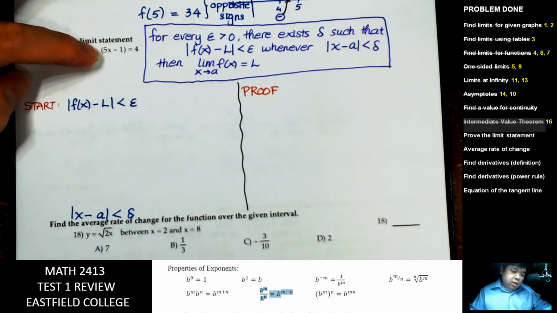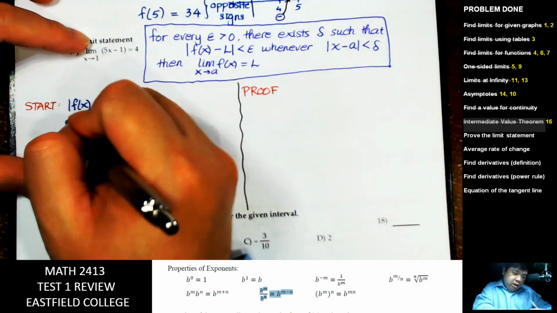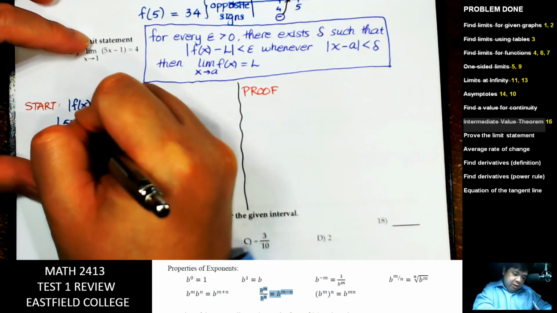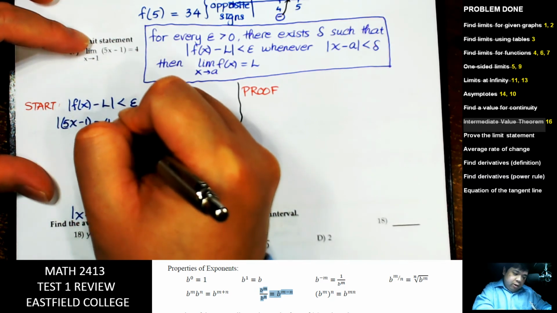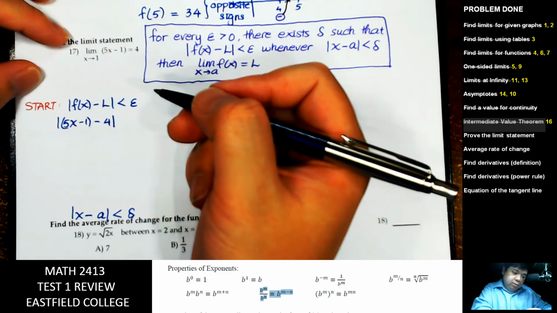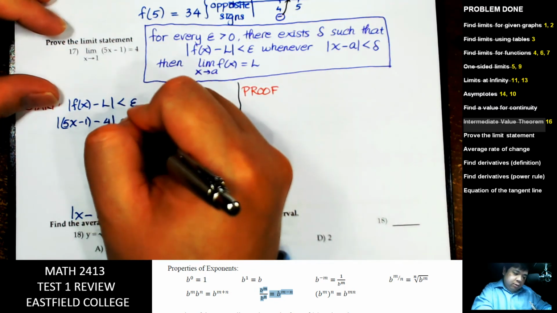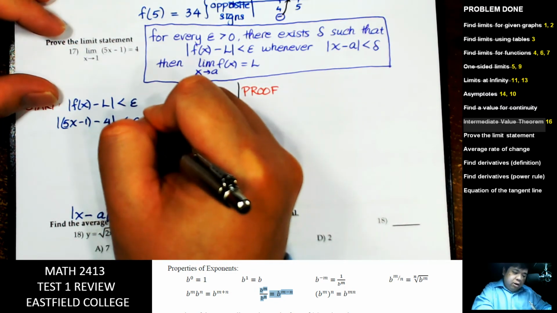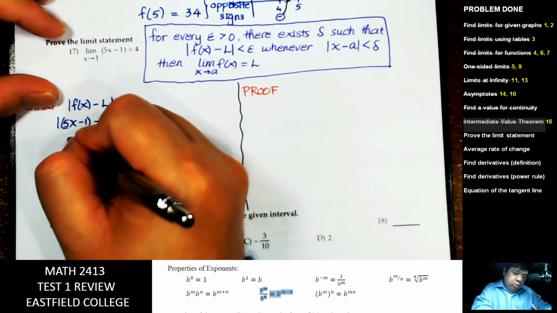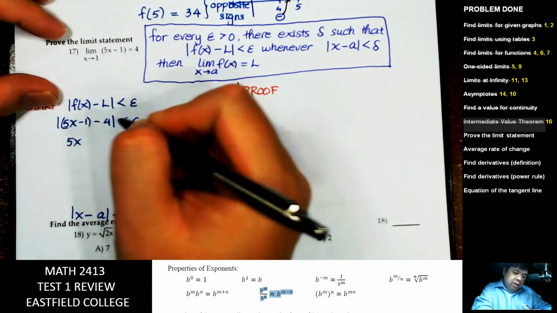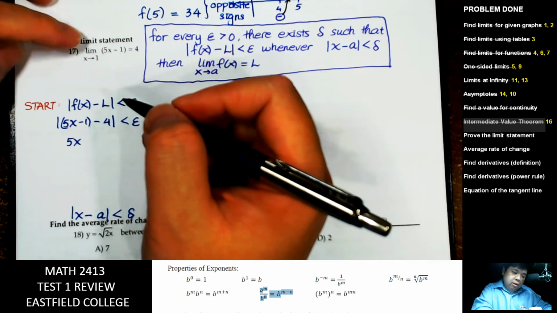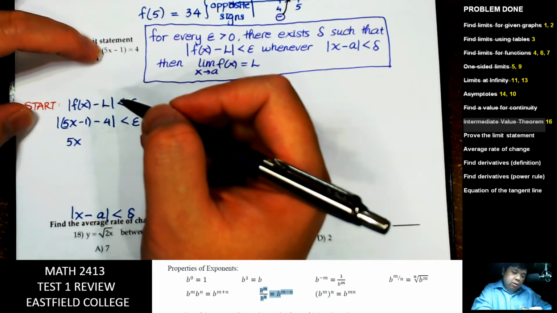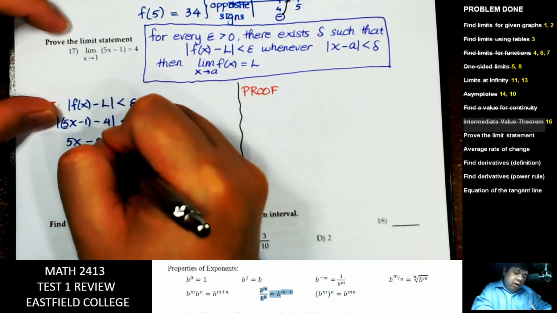The function is 5x - 1, minus 4, less than epsilon. We simplify, that will be 5x - 5,